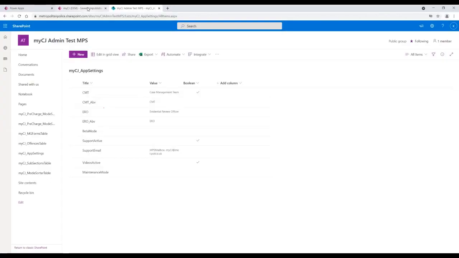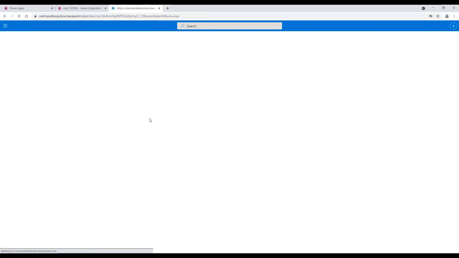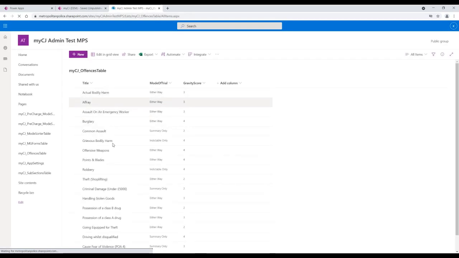So what you see here is all through Power Apps. We use standard connectors here, which means this is all based on SharePoint lists. This is a test environment we've got to avoid tampering with the live data, so it's not as aesthetically pleasing. But essentially, we have all the offences listed here in our list, so we can add separate ones to it. We can put in there, as an example,